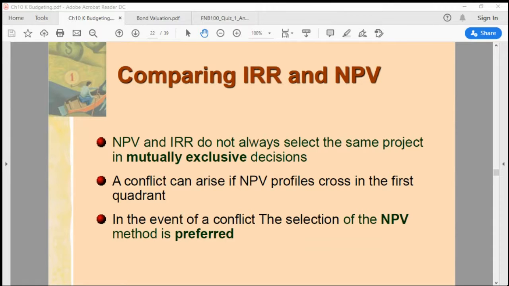In other words, there will be another cash outflow, and there will be another negative sign of the cash flow, and based on that, you can possibly have a